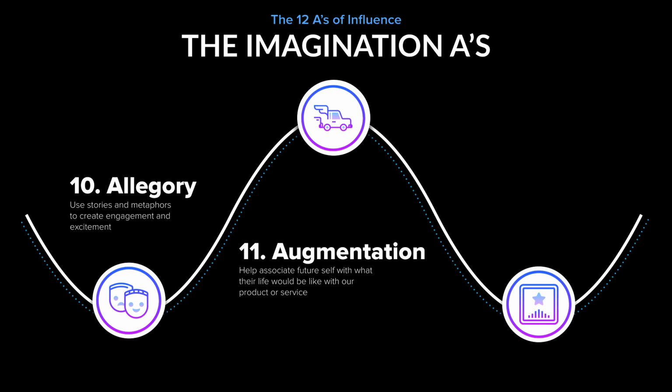Now, we want to make sure that we're in integrity and alignment with results that can be genuinely expected. We want to make sure that we're able to share with them an augmented reality that has integrity, that can be the reality they end up seeing themselves in. Ultimately, what products or services do is they allow our customers to be more efficient or more effective in some way, shape, or form. They reduce the friction in what's currently going on.